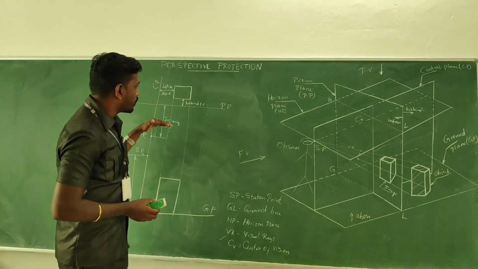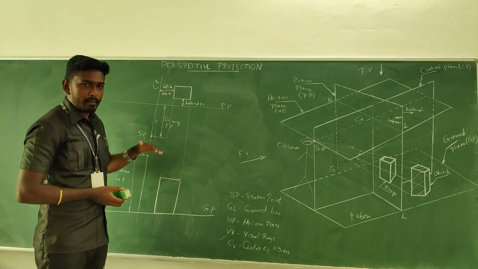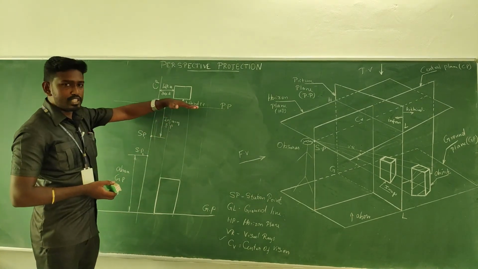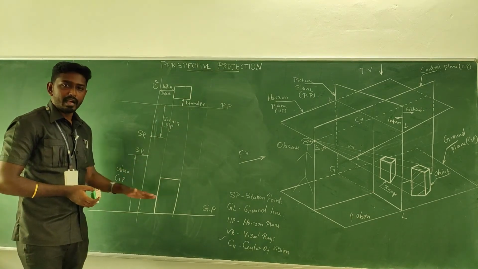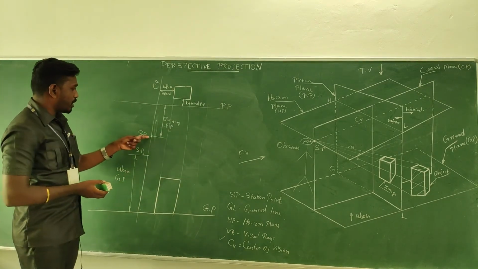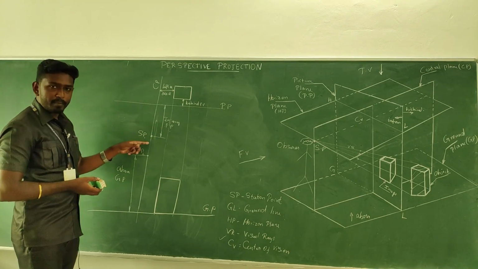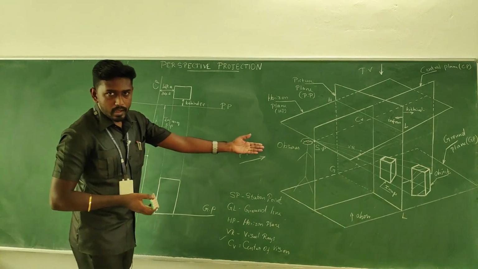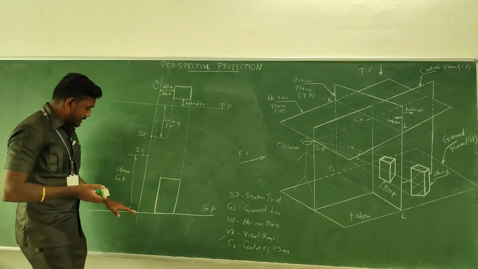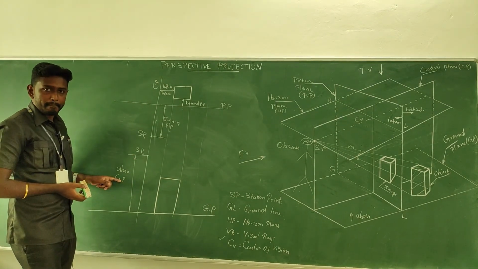So whenever we want to make the perspective projection in order to obtain the exact shape, what you have to do is form the layout. When you are forming the layout, the picture plane will be at the top and the ground plane will be at the bottom of it. So the station point will be somewhat in front of PP. And this station point 2 for the front view look will be somewhat above GP.